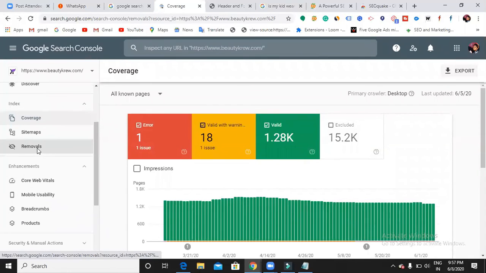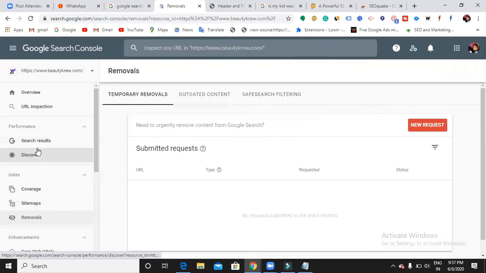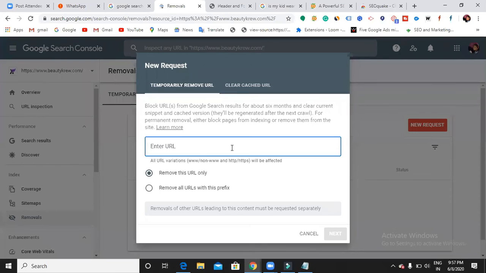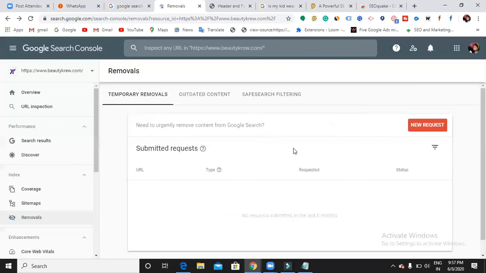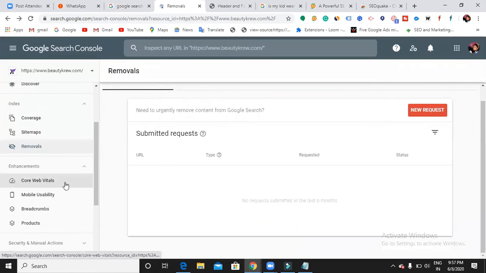And if you want to remove any URLs, let us say I have one URL that I want to remove, at that time you can happily remove it by using this request. You have to tell Google that you are removing that URL, that it no need to crawl or index that thing. You can just use this option, enter the URL, remove this URL, and then next, so that Google will accept your request and try to remove it. In such a way you can see each and everything here.